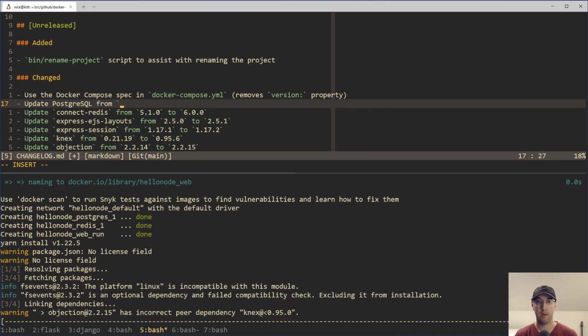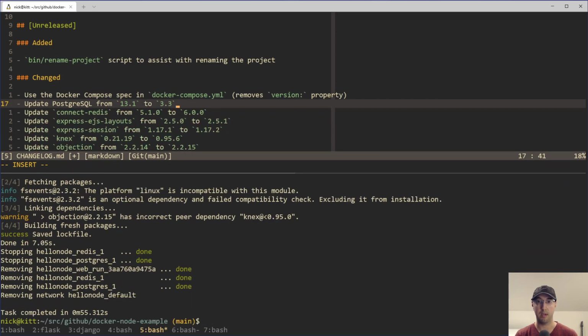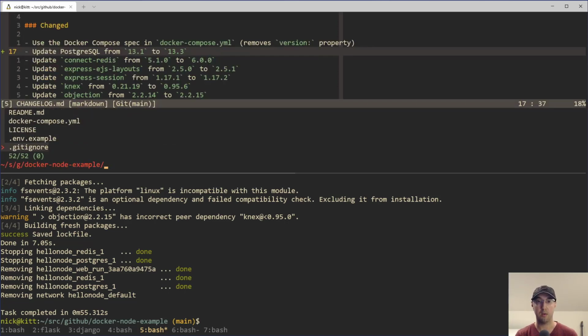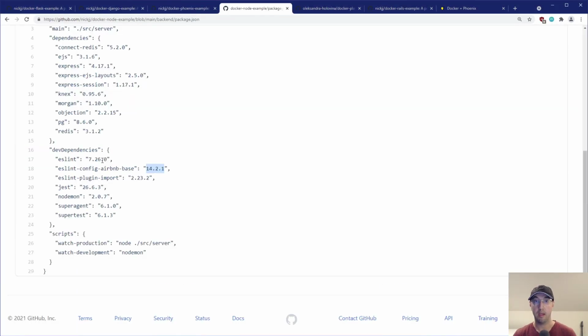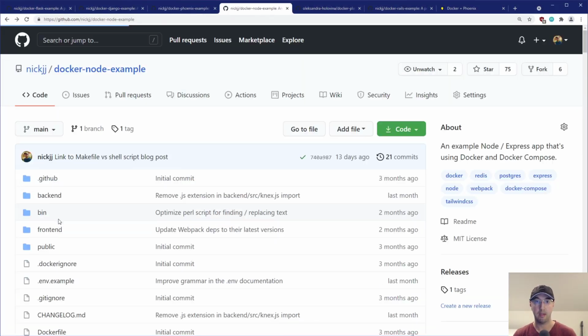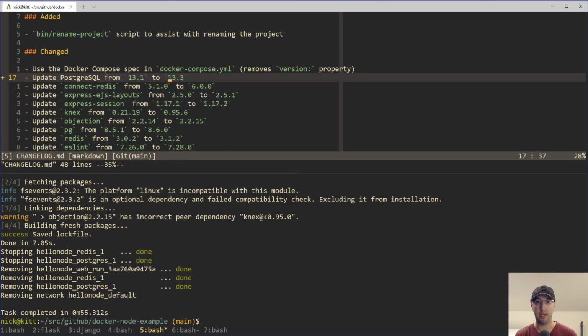PostgreSQL from, I don't know if it was 13.3.1 to 13.3.3. I wasn't really paying attention here if that was 13.2 or not, but I can go to the compose file here and no, actually it's probably going to be faster even just to jump here and just go right to the compose file for the backend over here, compose, there we go, Postgres, yeah, 13.2, okay. But I'm going to jump back to here, change this one to be 2,